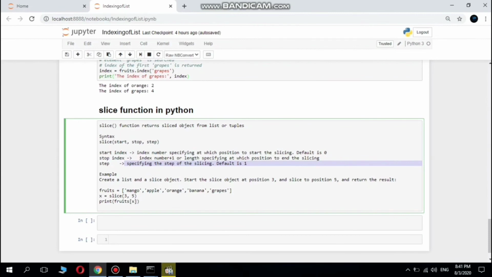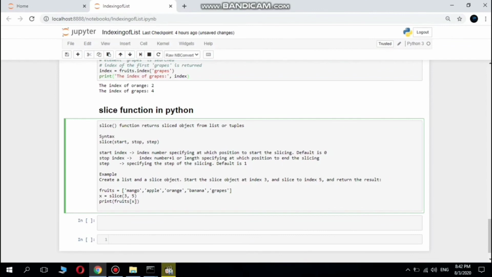Here also we can specify the steps as 1, 2, like that. In this example we are going to create a list and a slice object. Start the slice object at position 3, which means index 3, and end the slice at position 5.